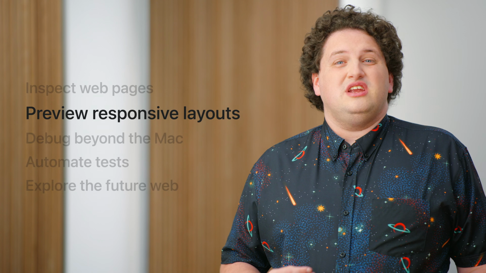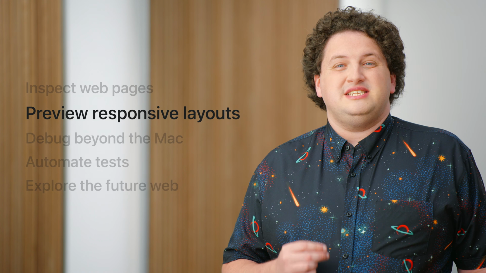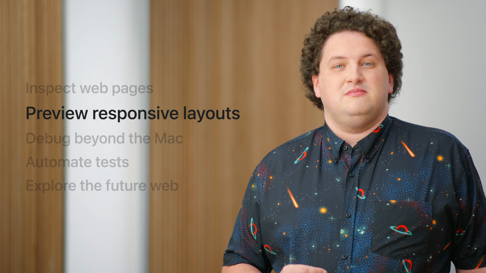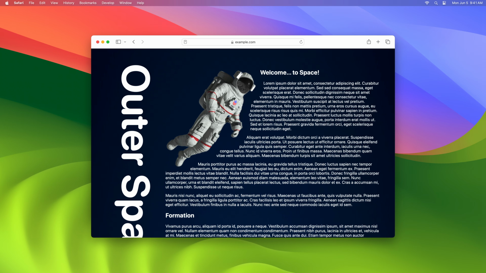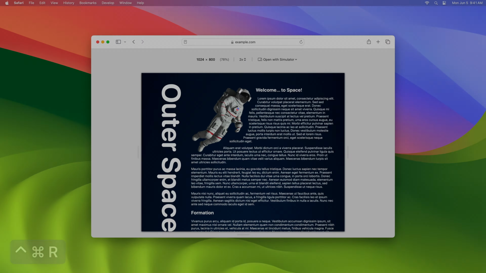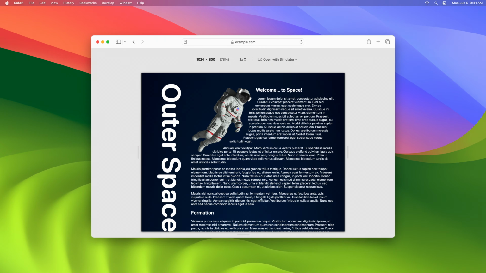Now, let's look at another tool aimed at helping you refine the design of your web pages by testing your page's ability to adapt to your users' displays. Safari has a tool called Responsive Design Mode for this task, which is accessible from the Develop menu using the Enter Responsive Design Mode item. If you've used Responsive Design Mode before, you may have noticed that we've made adjustments to allow you to focus on the responsiveness of your content's layout across any screen size.